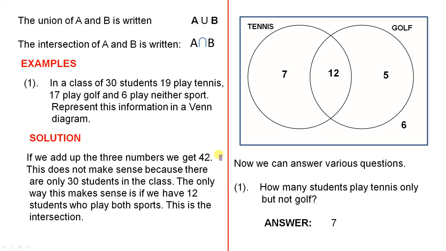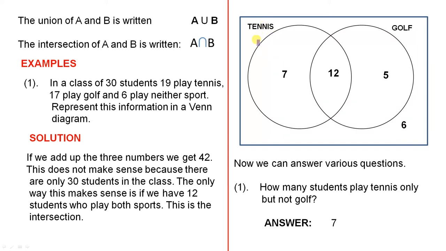Solution. If we add up the three numbers, we get 42. This does not make sense because there are only 30 students in the class. The only way this makes sense is if we have 12 students who play both sports. This is the intersection. So similar to the two circles we had on the previous slide,